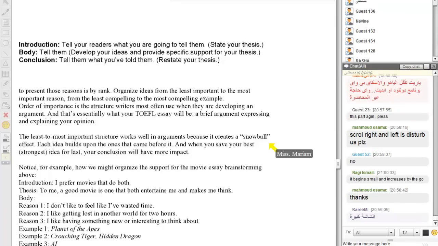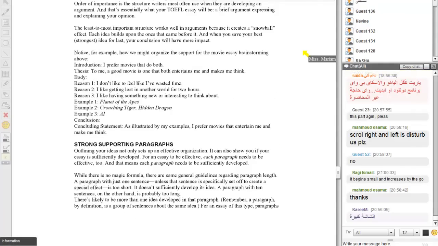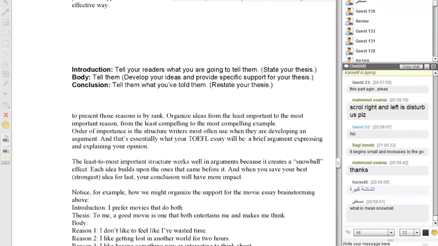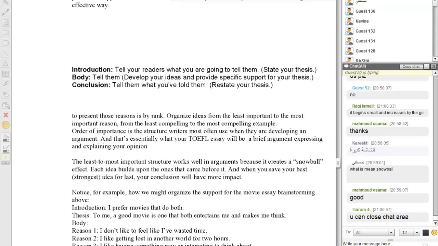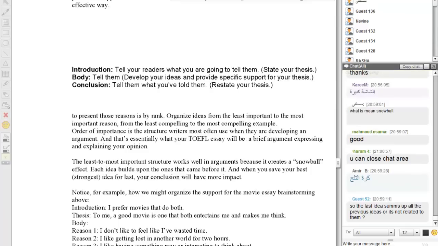So the point is, is it good now? Okay. The snowball is a ball which is made out of snow. When you roll a snowball, it becomes bigger and bigger and bigger. So your ideas